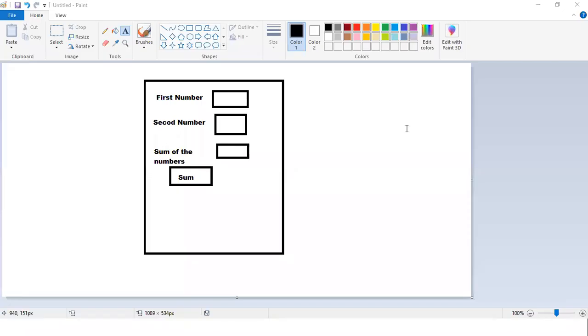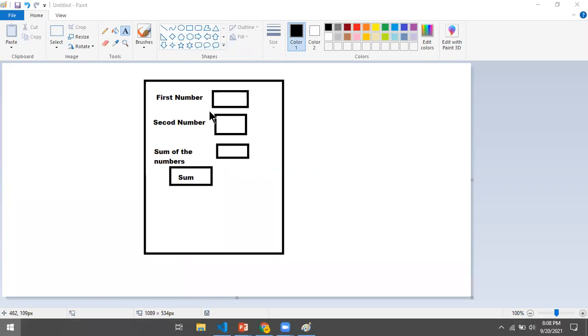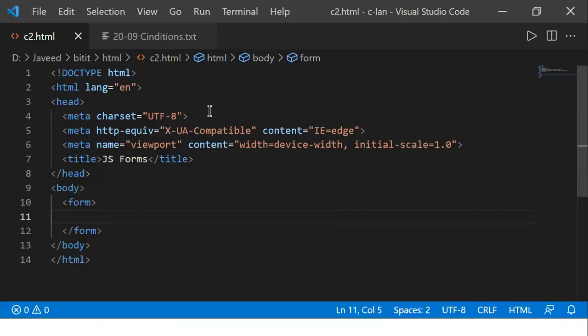This is the form which I want to design. I want to read two numbers and then show the sum of the two numbers. The calculation has to be done when I click on the sum button. Now let us see how we are going to do this design. I'll go back to my screen design.